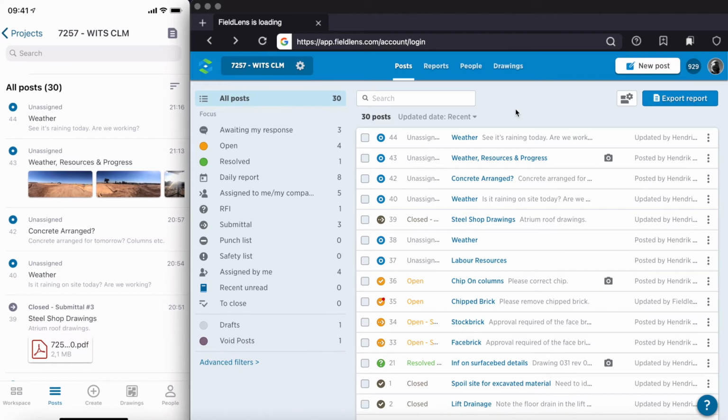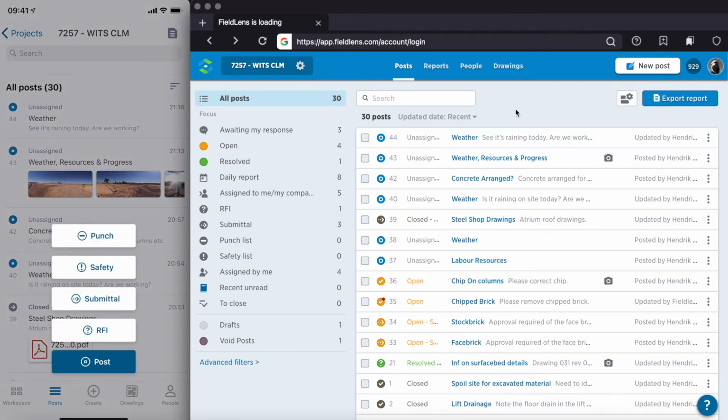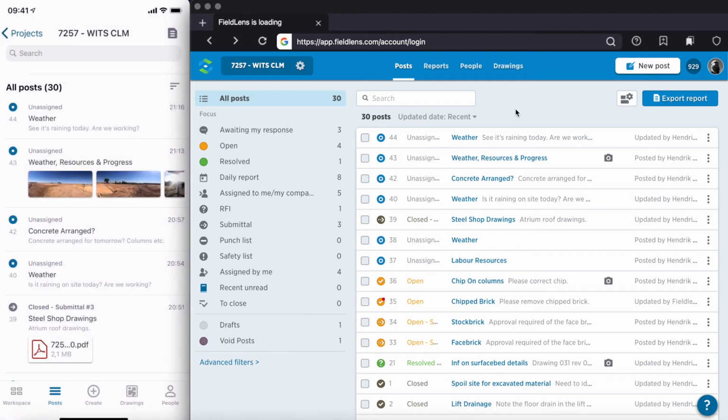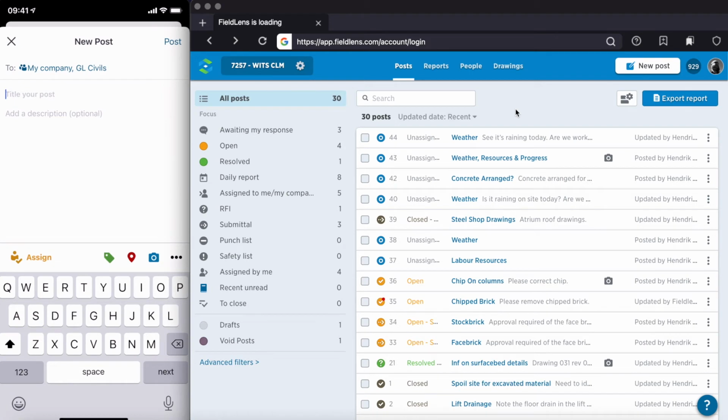So let's go to submissions and RFIs. So an RFI is easy to create from your phone. Even though we don't use the RFI flag, if you're a subcontractor, you use the post flag. So you go post, you go, need